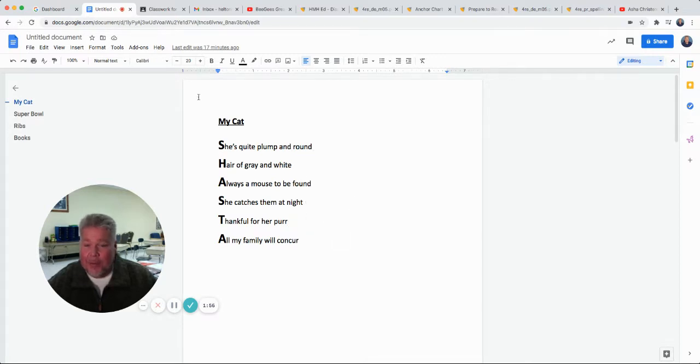So poems can come in all kinds of forms. They can be kind of an acronym like this, where you start each line with a letter to form a word going down. We're going to look at different forms. Poems can be written in different shapes. We're going to find out in one of our stories that one of our poems about a balloon is written in the shape of a balloon. And so we'll take a look at that in just a minute.